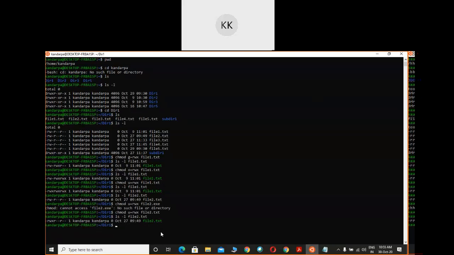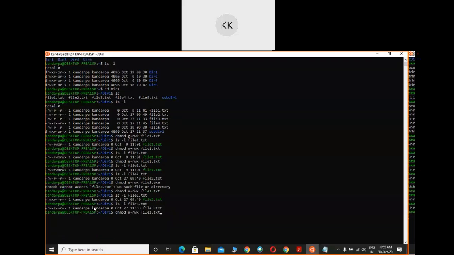Before going to this, let me show you one thing: ls -l file 3.txt, enter. What is there? Read write nil, read nil, then read nil. Now if I want to give public access, that means all permission is allowed to all the users, whether it may be owner, group, or the others.